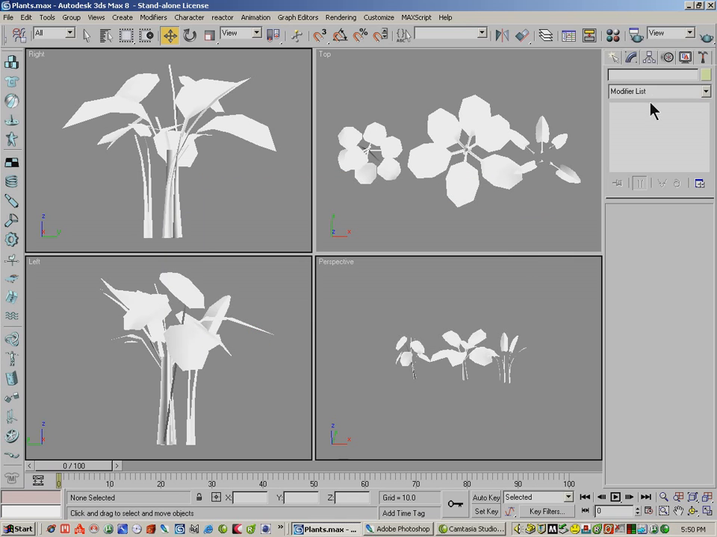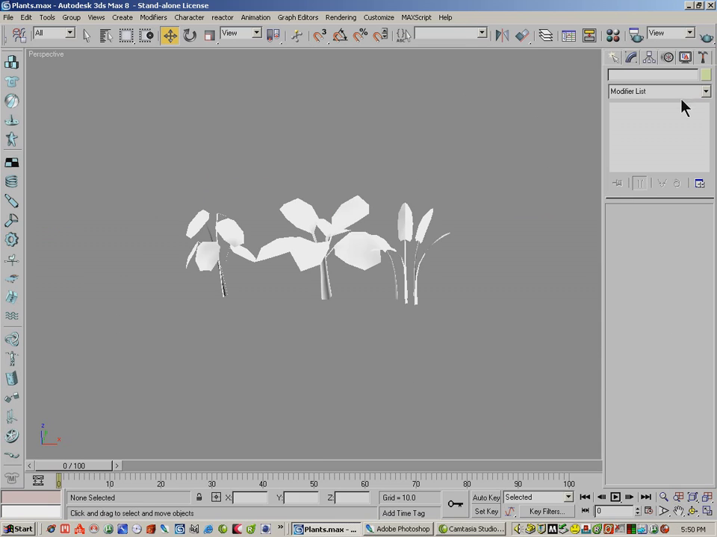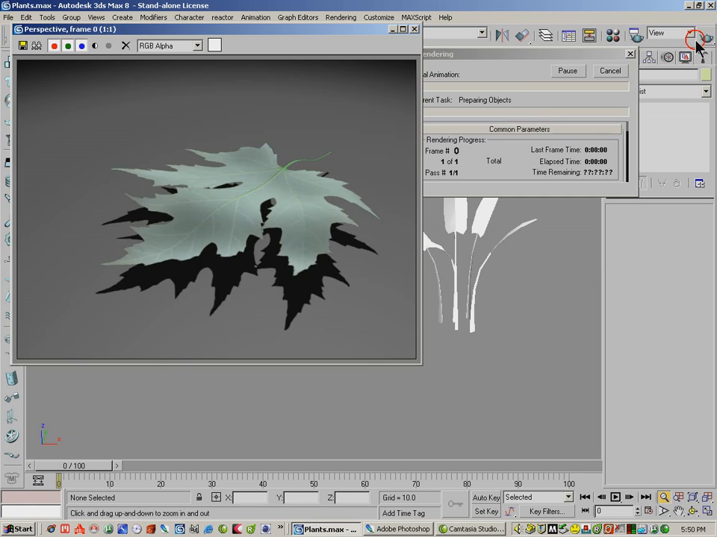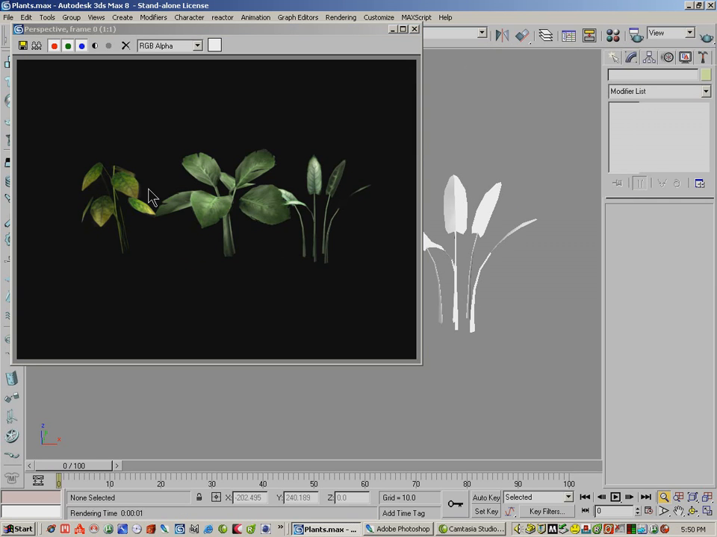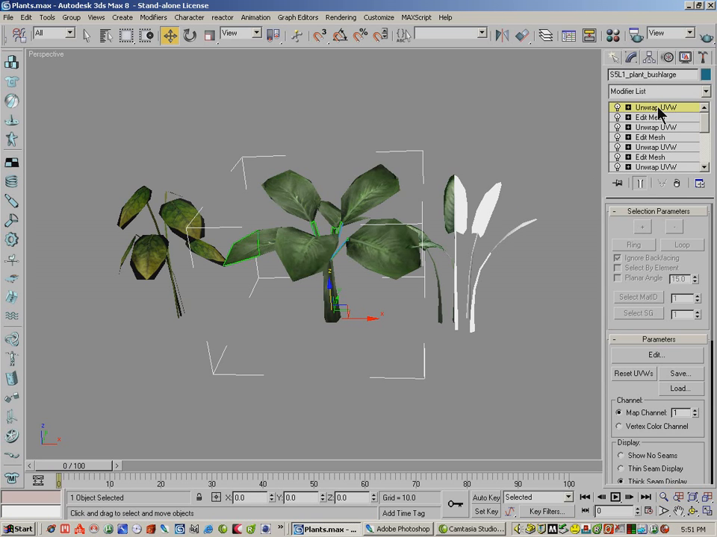Okay, and if I render this, zoom in a little bit, you can see that these objects have really jagged edges. These are plants for a game, and they have really angular edges on them. But if I render them, I get nice smooth edges. And the way that we've done that is by using masks. So if I click on this particular object here, and we look at its unwrap,